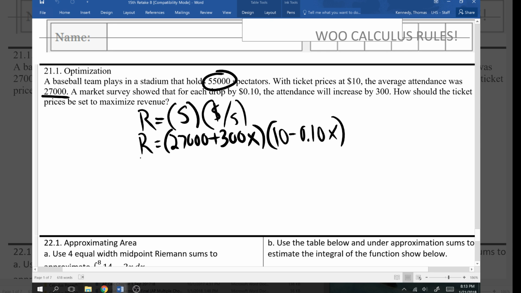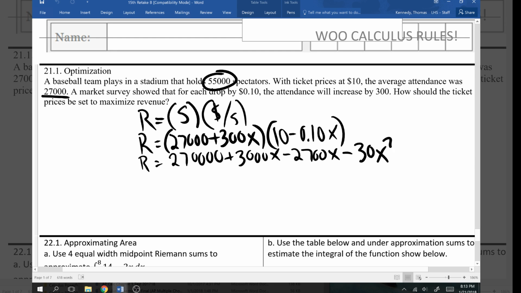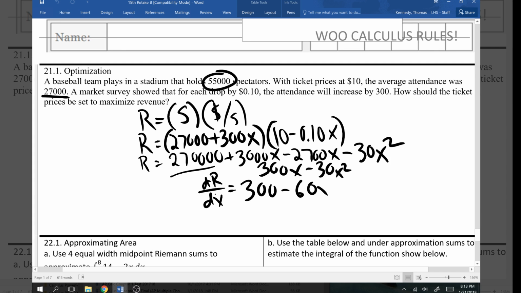We just multiply this out. And we get 27 with 4 zeros plus 3 zeros x. We lose a 0 off of the 27,000. So we get 2,700x, minus 30x squared. There's our beautiful revenue equation. This is just 300x minus 30x squared. I'm ignoring the 27,000 or 270,000 because I'm about to take the derivative of this, and I don't care about constants. So then I get dR/dx equals 300 minus 60x,